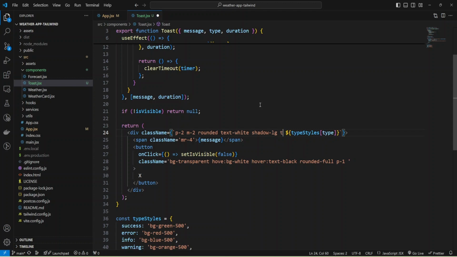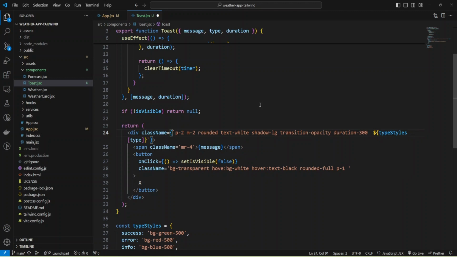And I'm going to add a transition and make the duration 300, and also make it flex, and specify justify between and align items on top.